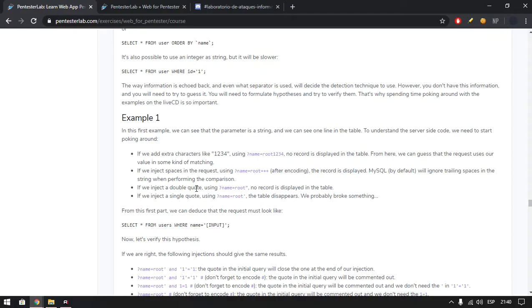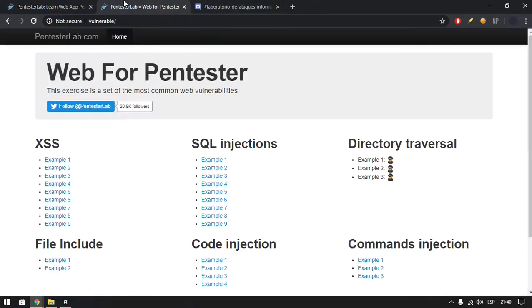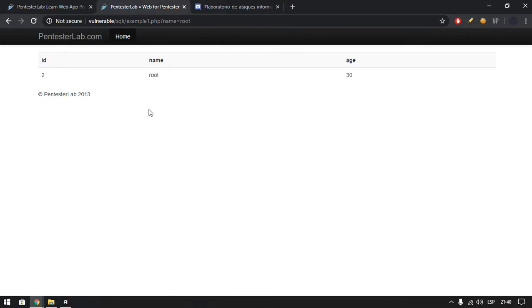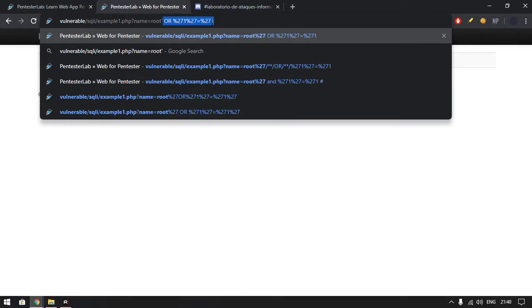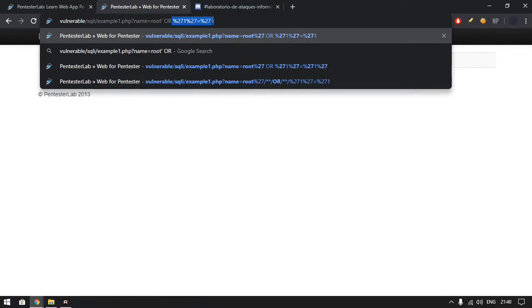only one line in the table. To understand the server-side code, we need to start poking around. Let's click on example number 1 on the server, and now let's add a simple code at the end to escape, an OR, and a 1 checking to see